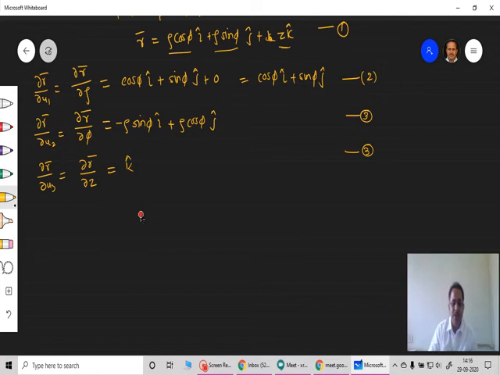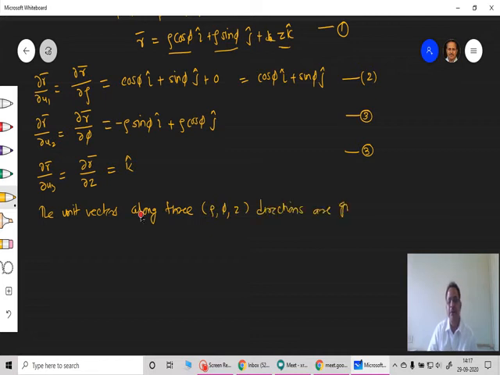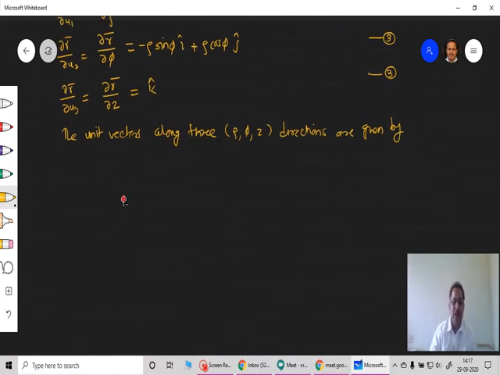Now if I know this, therefore the unit vectors along three directions, that means rho, phi and z directions, are given by. So you can very easily calculate. Now this is what we have earlier defined: E rho cap is defined as the vector delta r bar upon delta rho divided by its magnitude, delta r bar upon delta rho. Just this is the same expression we used in the earlier case.